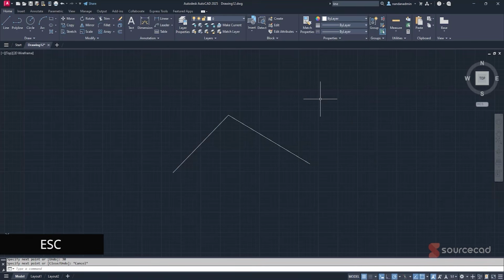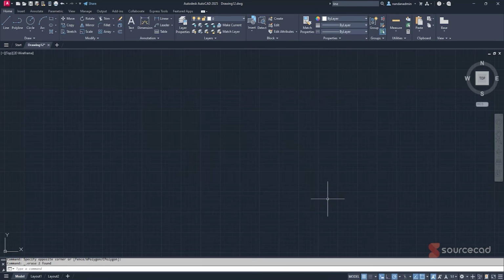I'll press escape and I'll delete these two lines. Now I don't prefer using dynamic input, but if you want to use it, keep it active. But for the sake of this complete tutorial, I'll keep it deactivated. We'll see more use cases of dynamic input when making rectangles, but for now, let's go to the next command,